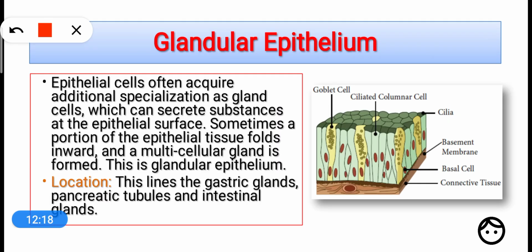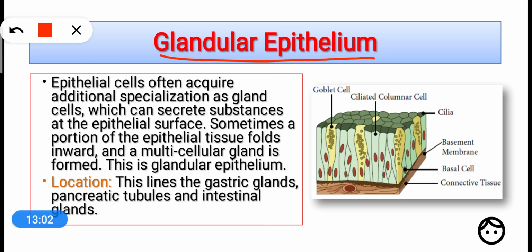Okay, so now let's discuss glandular epithelium. So dear students, you know, in our body a large number of glands are found, right? These glands are all made up of epithelial tissues. Such an epithelium is called glandular epithelium. Sometimes the epithelial cells may become specialized to become a gland to release certain substances on their surfaces. Then such epithelial cells are called glandular epithelial cells, right? Sometimes there are multiple glandular epithelial cells which make a whole gland. This is called glandular epithelium, right?